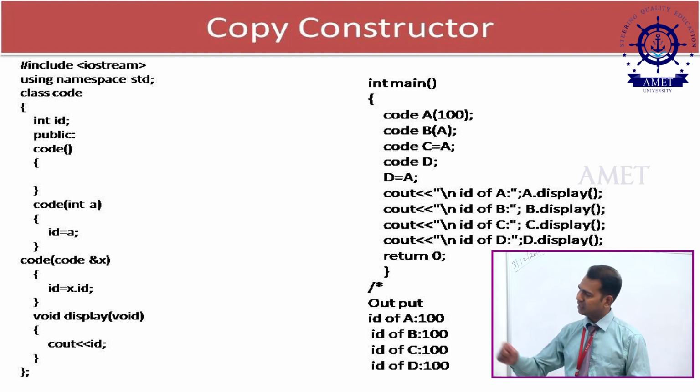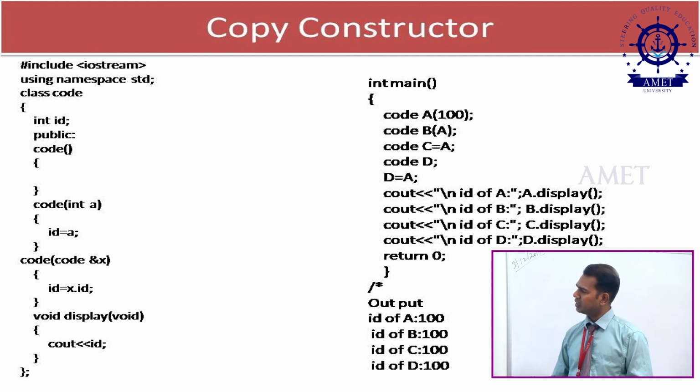So automatically this constructor will be called, and the reference of a, that is the address of a, may have many data members. All those data members will be put as parameters for the second constructor, and id equivalent to x dot id. So the value of id, that is the constructor value, will be assigned to the x of code b. We have another third line, which I have rewritten intentionally. This can be written as c of a. This also can be written as c equivalent to a.